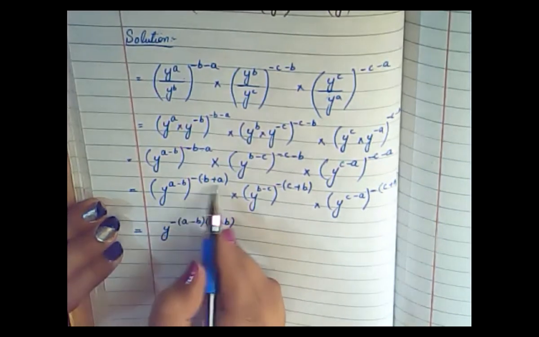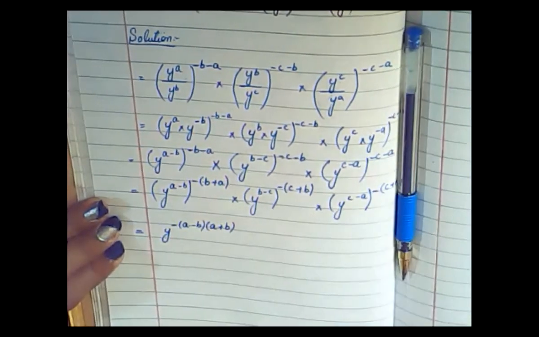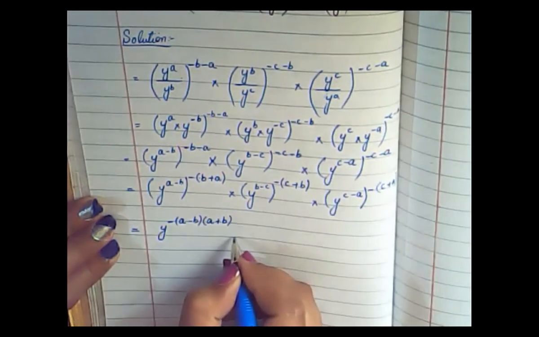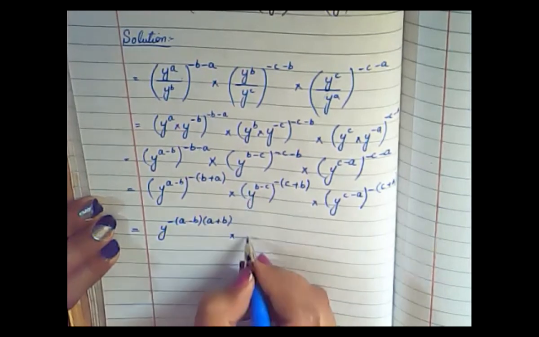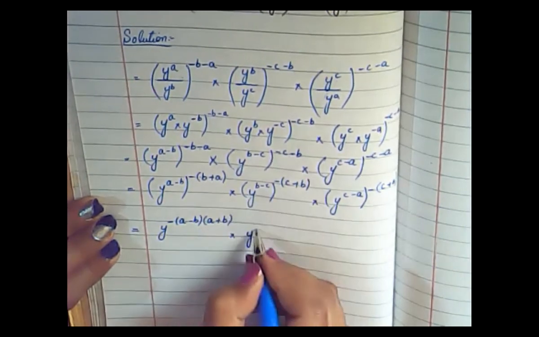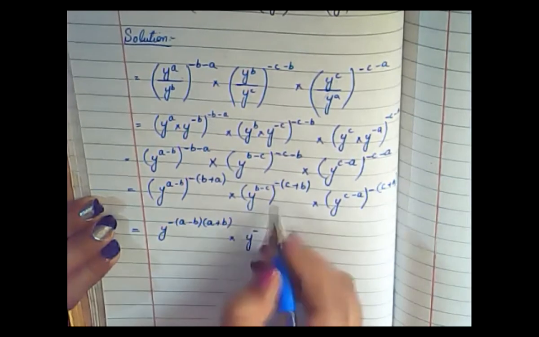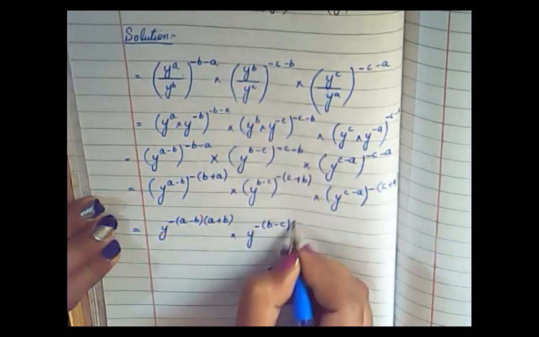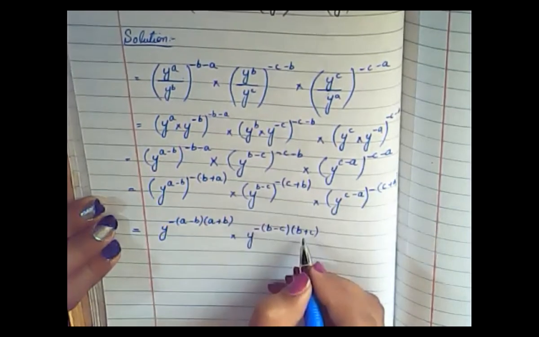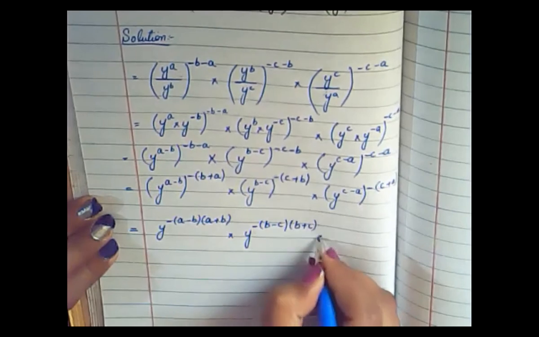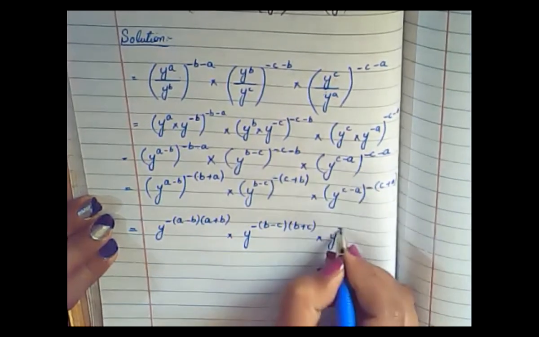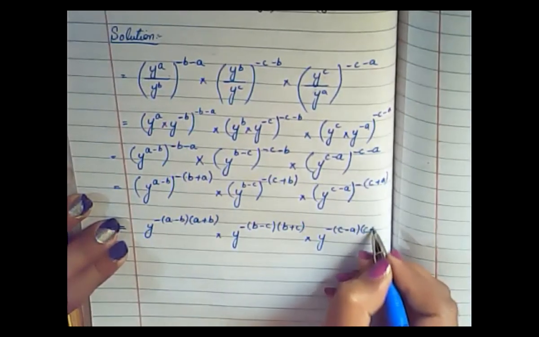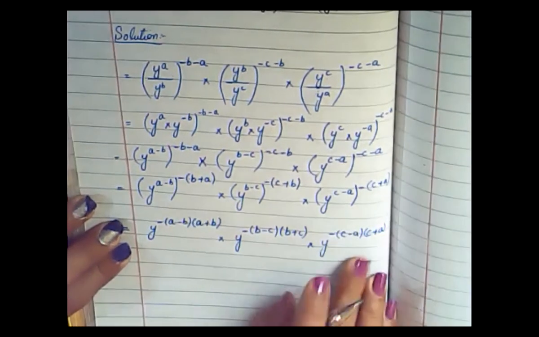Okay, a minus b, I arranged it and wrote it, it will be a plus c. Right? Now after that, the same will happen with this one, y multiplied by this y. Okay, this minus will be taken and written here, and simply we are going to multiply this with this one, so b minus c, and it will be b plus c. I simply arranged this and wrote it here. Okay, then multiply by y minus first, and then you will write it down here, c minus a and c plus a. This is already arranged, so there is no need to arrange it.